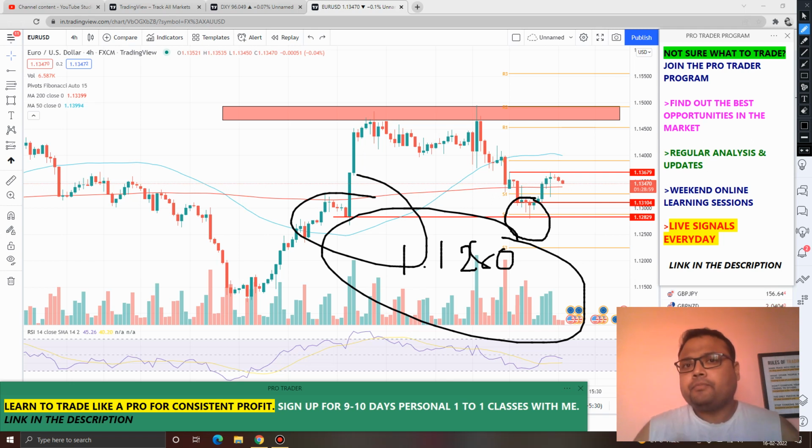And if something bad happens to the market, if any bad news comes out, and if Euro USD breaks the level of 1.1280 with good volume, then we can also take a sell position, because as of now this level is quite crucial. For day trading purposes,